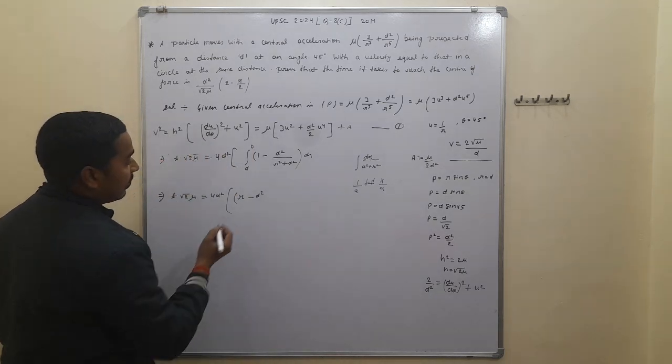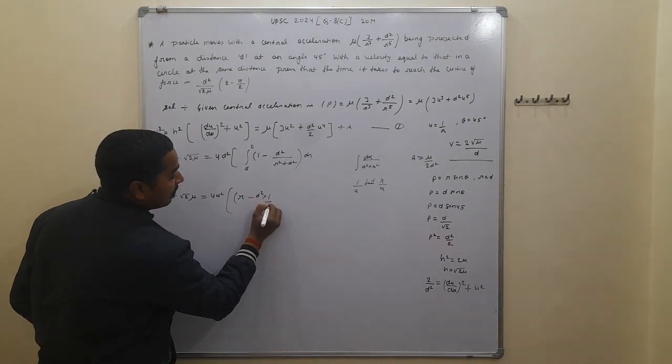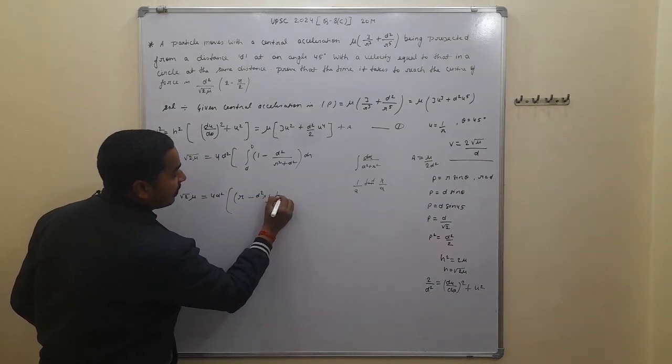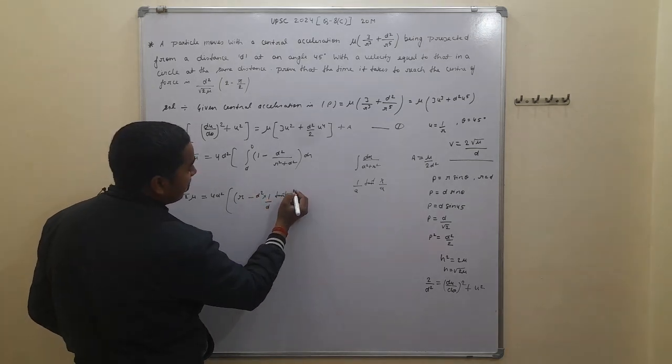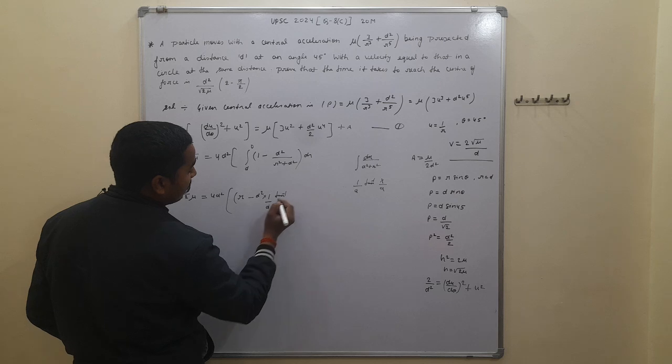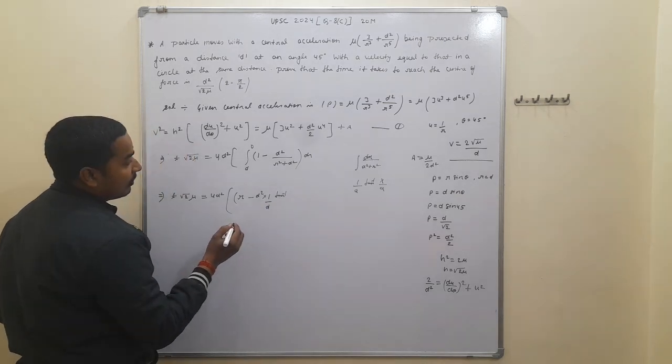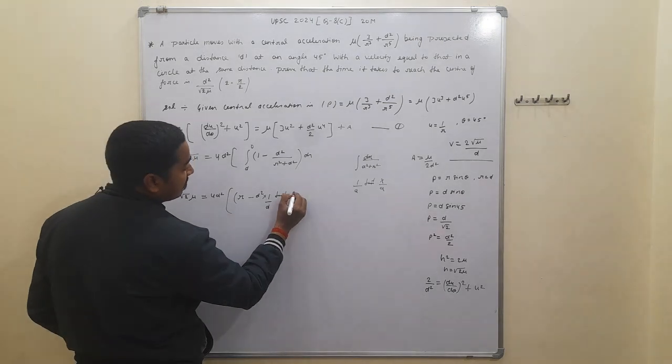So we have to put here 1 upon d, and tan inverse of, once again, x by a, this is 1 by a, this is x by, that is r upon d,